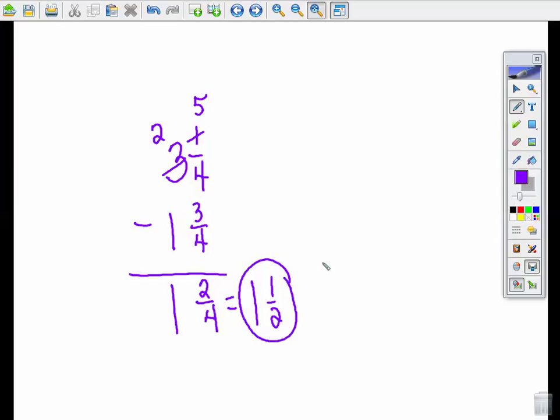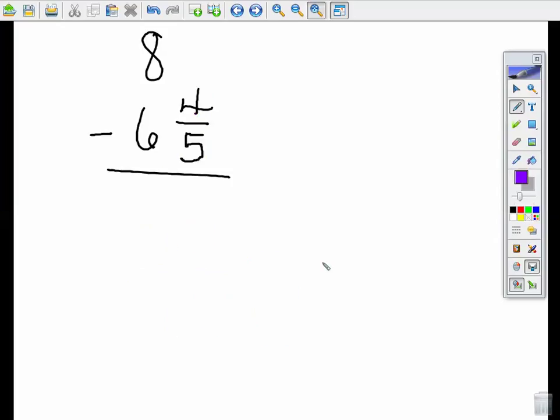There's one more type of problem that you can do. It's if you have a whole number minus a fraction. So I can't take away 4/5 from nothing. So I borrow from the 8 and make that a 7. And now I turn this into